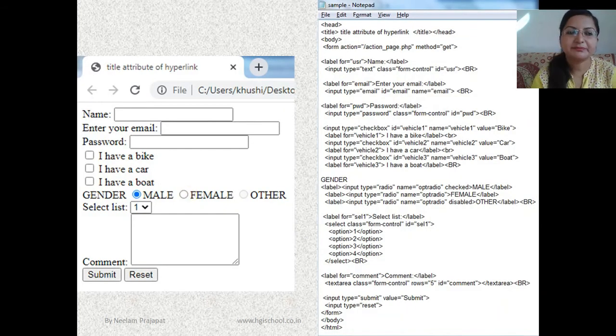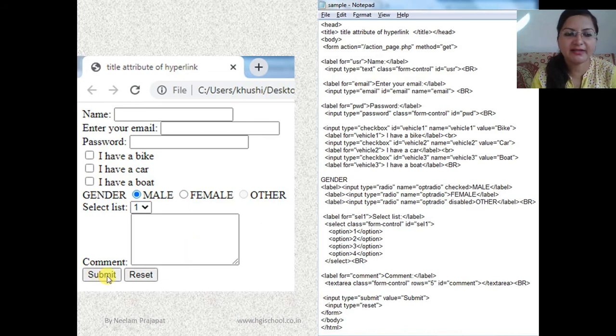So you can see here, name, you can insert name here. Here you can insert email. These are text boxes. Then password box you have seen, and this password is not visible. Okay, then these are check boxes, so you can check it. These are radio buttons. This is select list. Okay, you can click on it, then some options will appear and you can select. For this you can use for countries, list of countries, city, etc. Then comment, this is text area in which you can put multiple line comments.